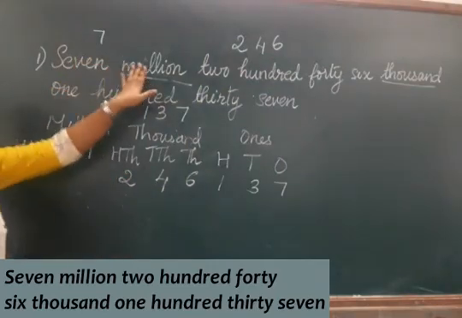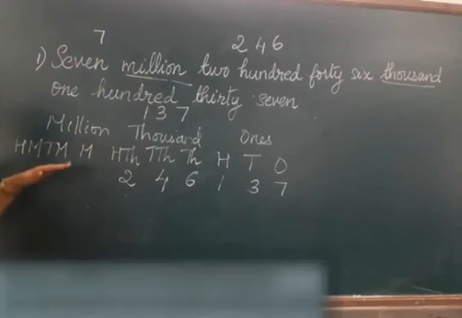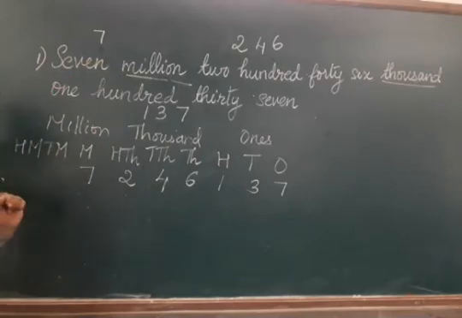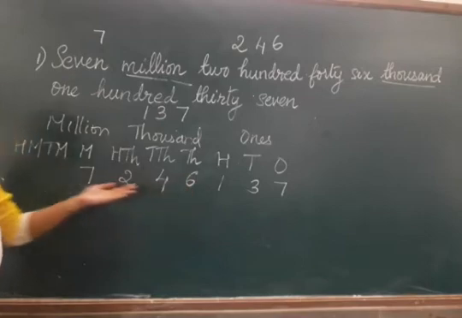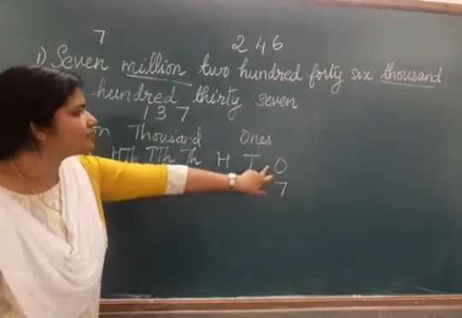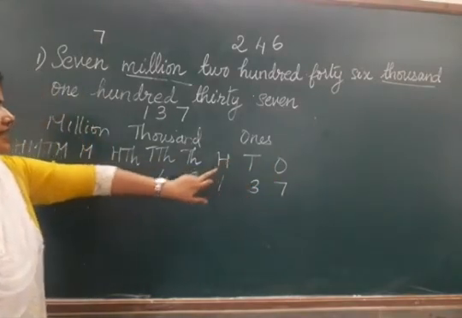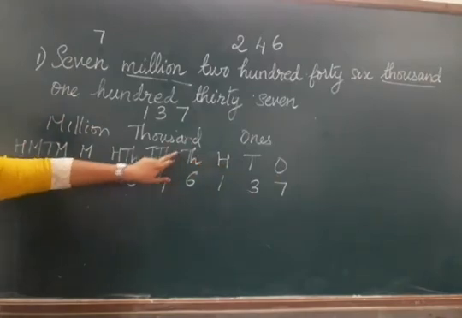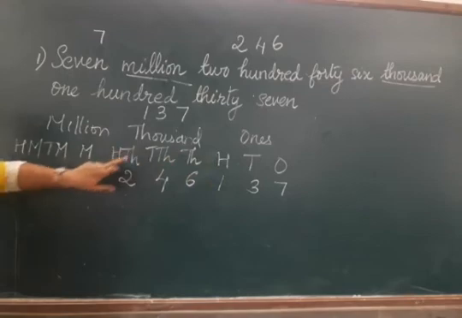Next we have just 7 million. But we have here 3 places and we only have one digit here. So we have to write the number in the lowest place, that is millions. So this number can be written as 7 in ones place, 3 in tens place, 1 in hundreds place, 6 in thousands place, 4 in 10,000s place, 2 in 100,000s place and 7 in millions place.